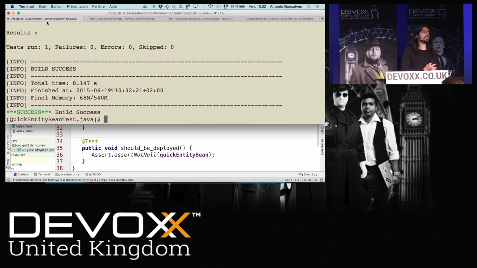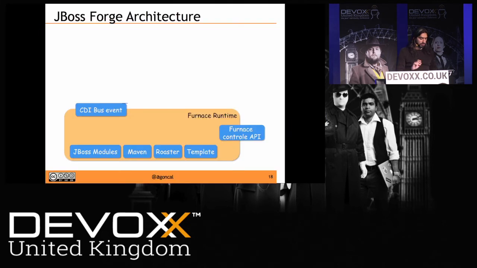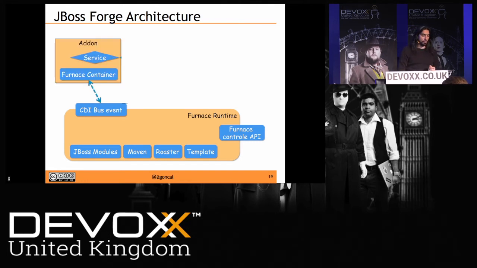So this is the genesis of JBoss Forge. Java EE, Arquillian. Arquillian is a project from JBoss. And different add-ons have been created. This is an add-on. I'm using the command line interface. It's just an add-on. If I go back to the slide, this is what JBoss Forge really is. It's a runtime called Furnace. So it's just a runtime with bits in the middle, of course. And then the entire structure of JBoss Forge is being able to plug in add-ons. So I plug an add-on.